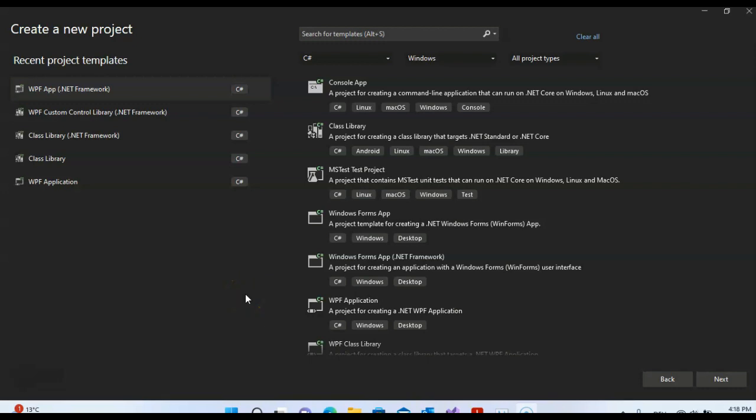Today I'm going to show you how to navigate a list of items from first to last with the buttons. So without wasting any time,